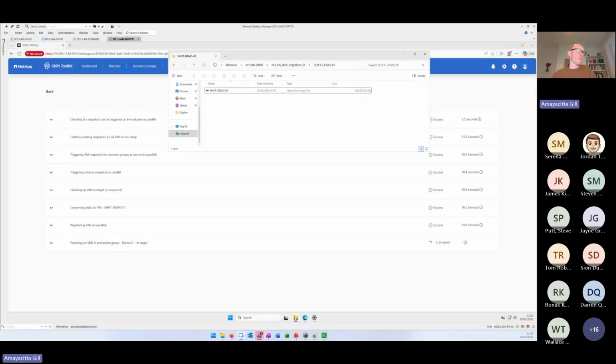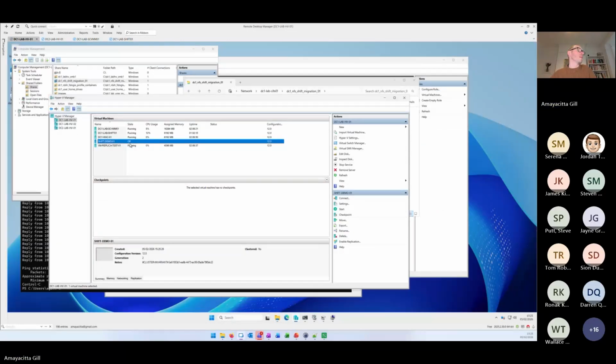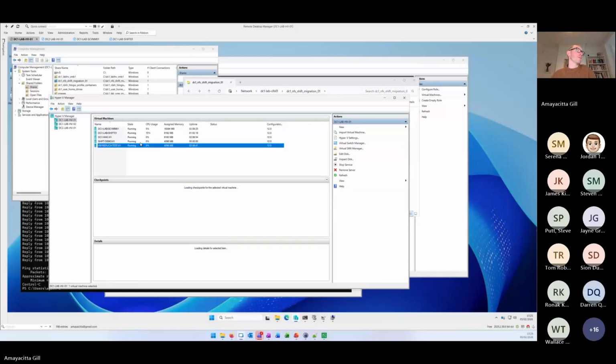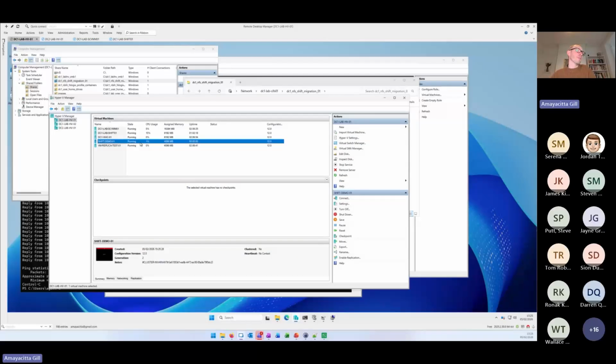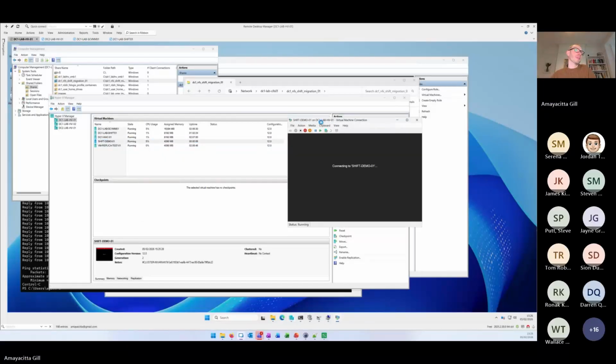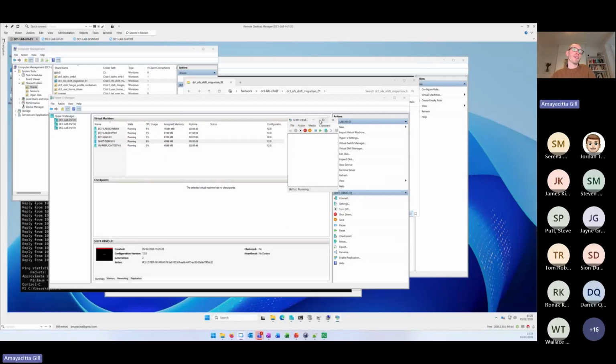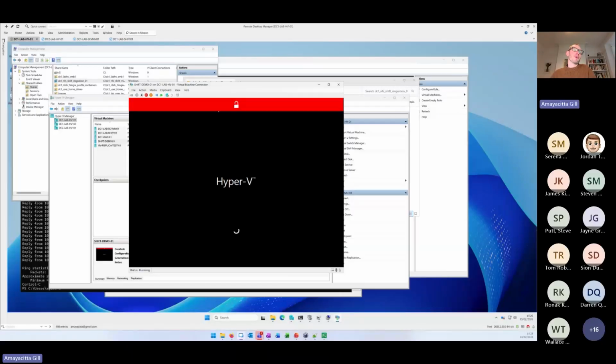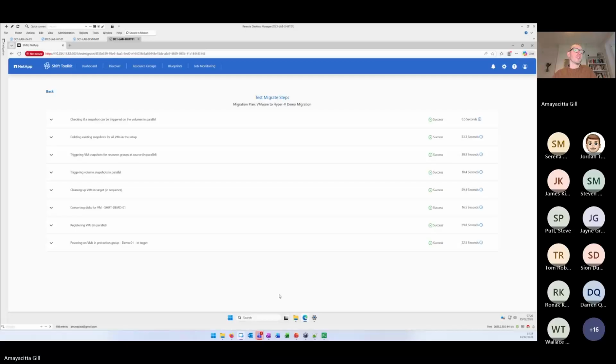And now it's powering them on. Hang on. And it's done it. Powered it on. Give it half a minute. Probably the power on operation is going to take longer. There you go, it's booting. So if we go back to Shift, it's done. So in the matter of whatever that is, one minute, two minutes, whatever that is, the key point